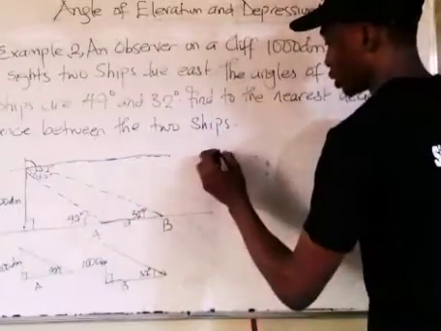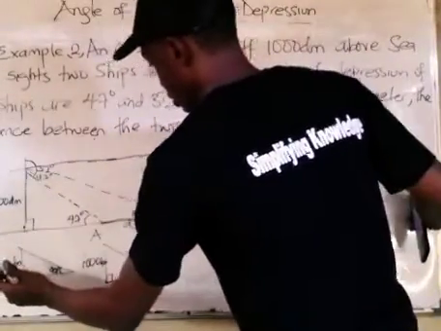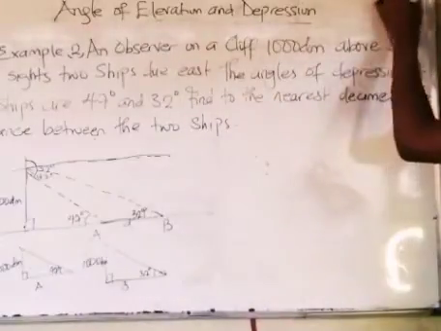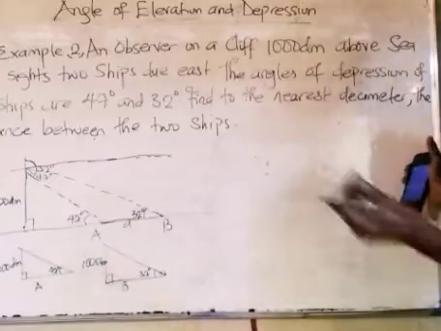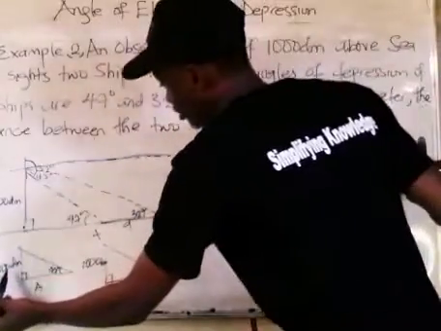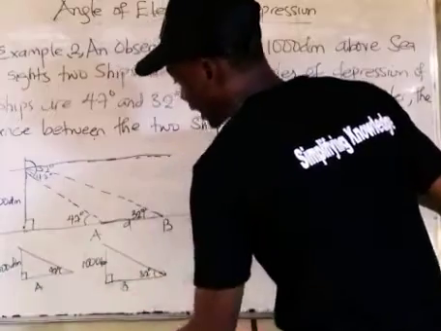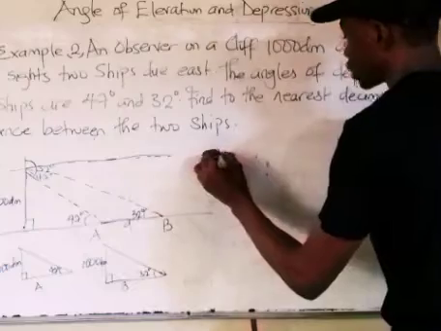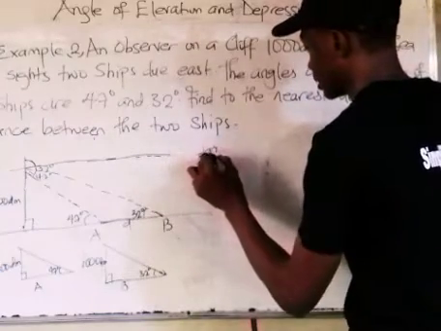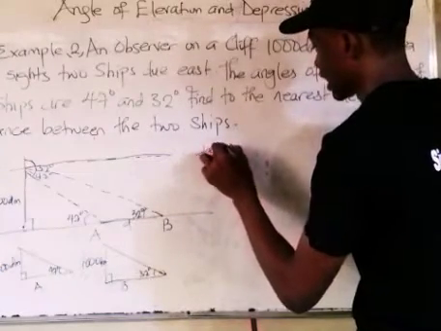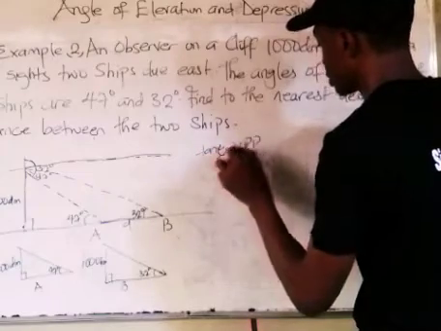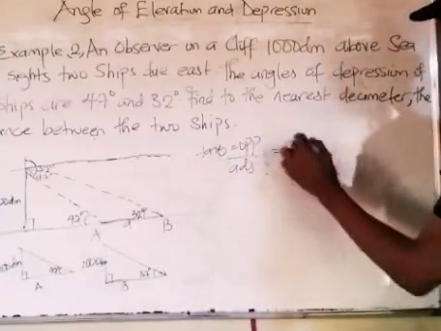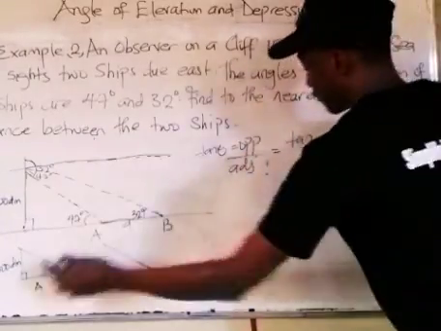The first one, the trig ratio we are going to use will be TOA again, like we used before, tangent, because we are given the opposite side and we are asked to find the adjacent side, and we have the angle. So we are going to have that tan theta is opposite over adjacent. And we know that tan theta is, tan 47 degrees